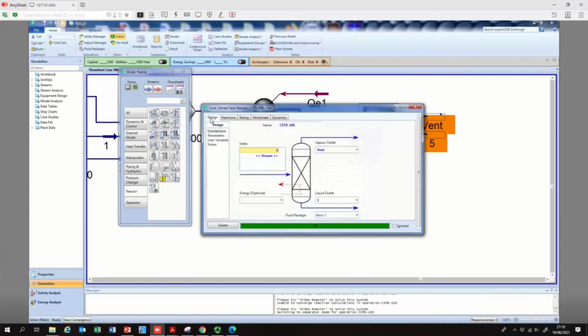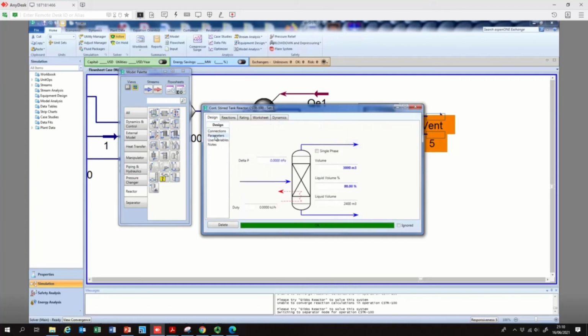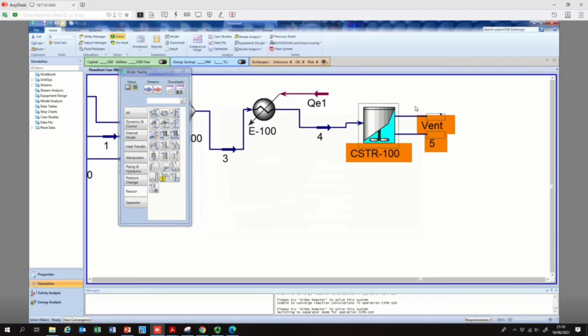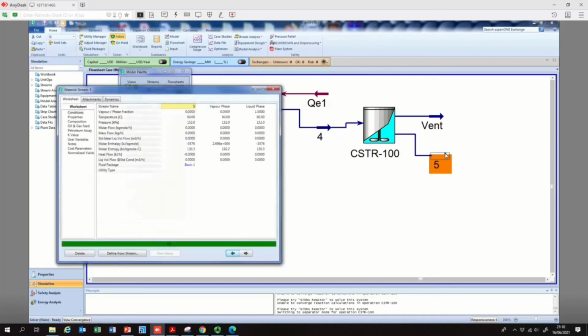It already converged. You will get some yellow, and then after some time it will change to green. Yeah? It will do some calculations, so it will take some time. I think everything looks okay to me. Let's close this. So you can click on 5 and then you can put it a bit down to look clear. So if you look at stream 5, and if you go to composition,